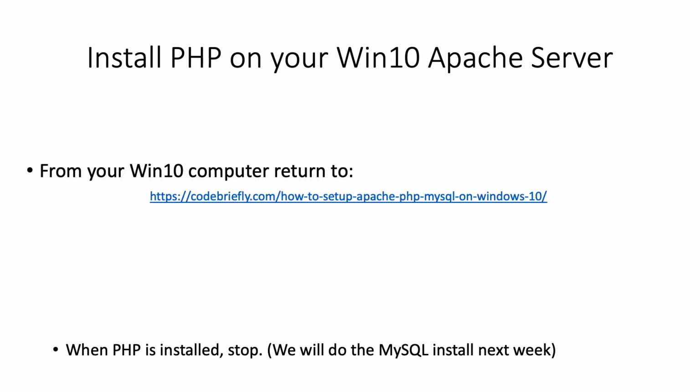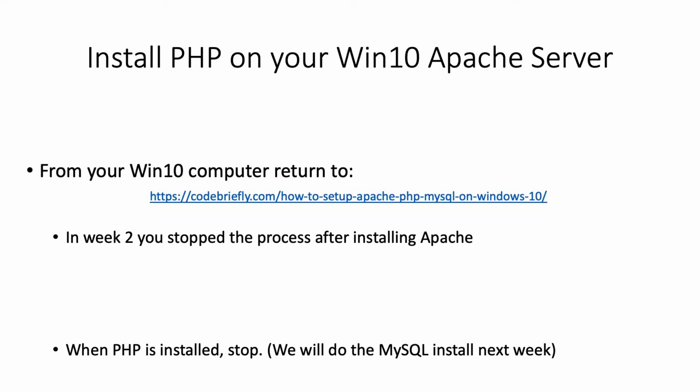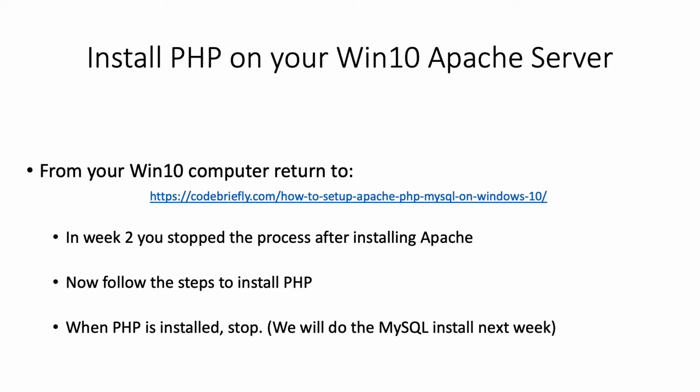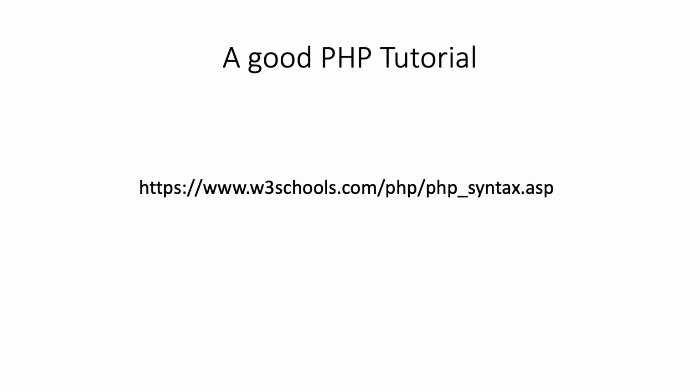So from your Windows 10 computer, go back to this web link. You used it yesterday or last week to put in Apache. This week we're going to use it to put in the PHP. I'm not going to read that to you because you've got access to the PowerPoint and you can just copy and paste. All right, in week 2 you stopped, as I said, by installing Apache. Now we're going to do the steps to install PHP, but stop when you get to the MySQL section. Okay,